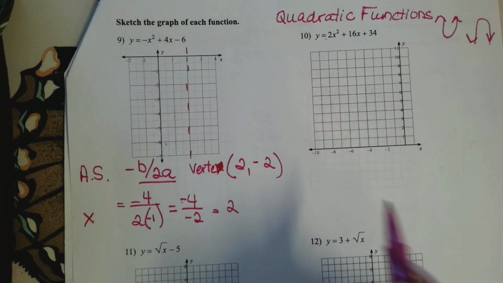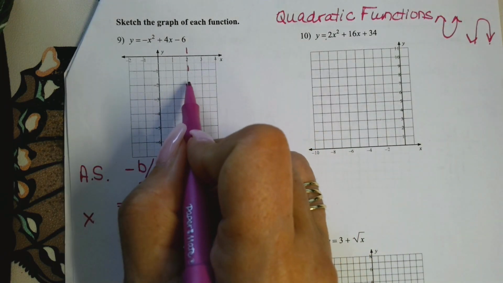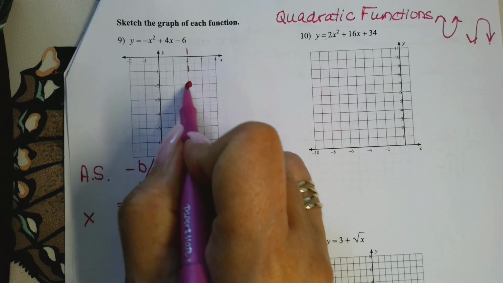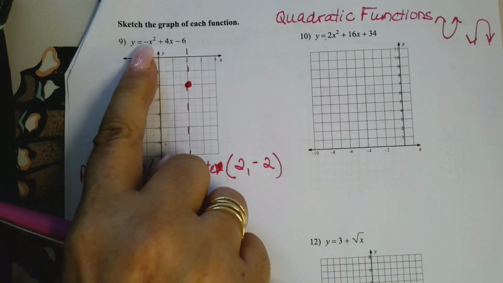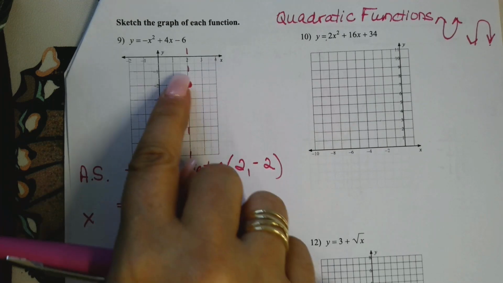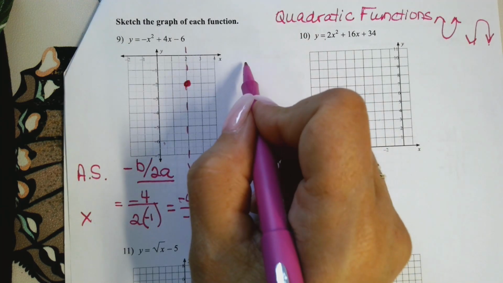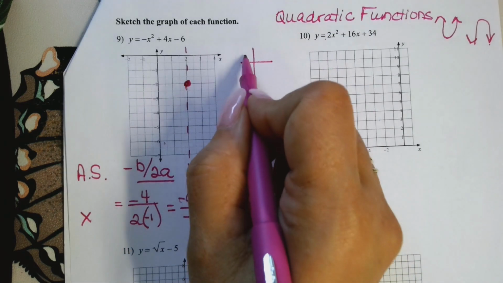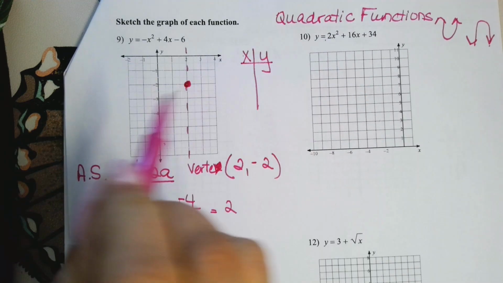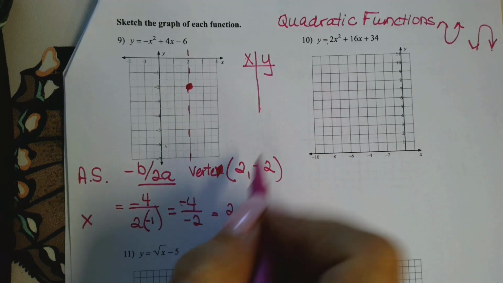Okay, we're back. So my vertex is at 2, -2. So we know it is here. This thing opens down because of the minus, so we know that the vertex is a maximum. And if you want to know kind of what it looks like, I would pick, you have the vertex at